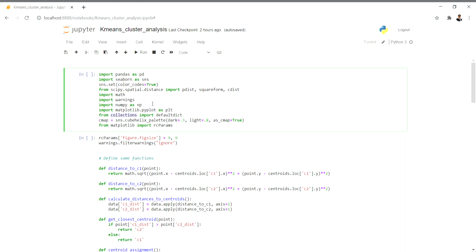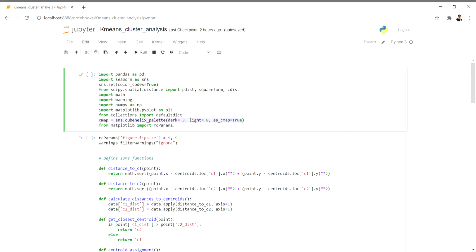In this we'll see how we can do k-means from scratch, meaning we'll create the data frame manually without importing any data set. Then there is a CMap. CMap is basically for mapping the clusters. It's a cluster variable, that is a map. And in this, what I'm storing is sns.cubehelix_palette. In seaborn, you have a cubehelix palette.